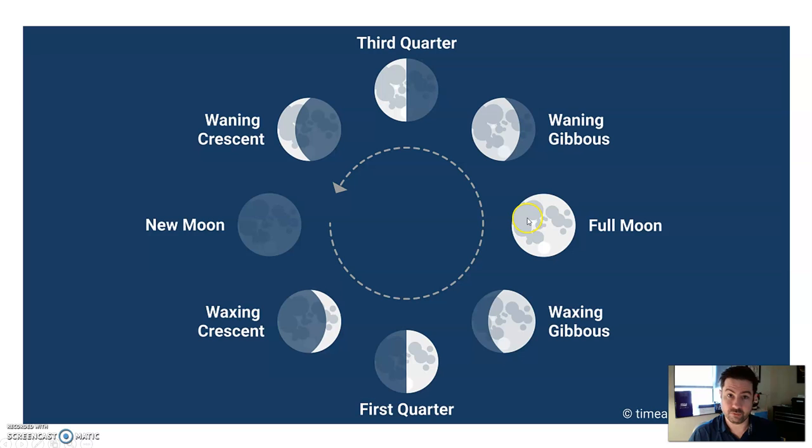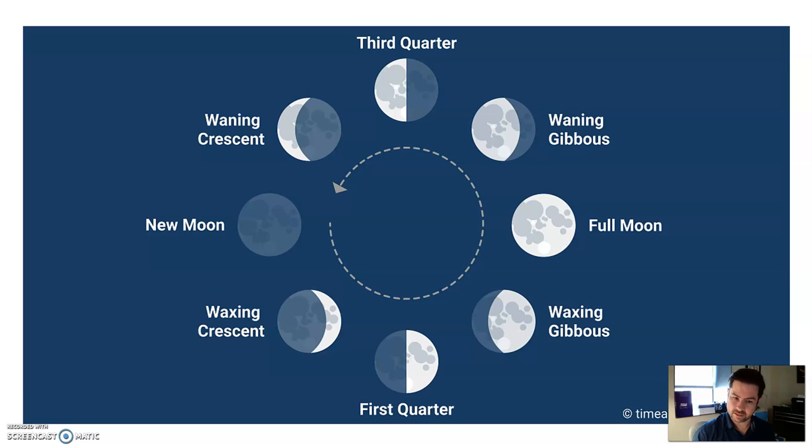So in the full moon, it's only half lit, the side you're looking at. The other side of the full moon is dark. The new moon, you're looking at the dark side, and then the other side is the side that's lit up. So again, when you're looking at the moon, it's always half lit. It's just how much of it you see. So please don't call third quarter and first quarter half moons.